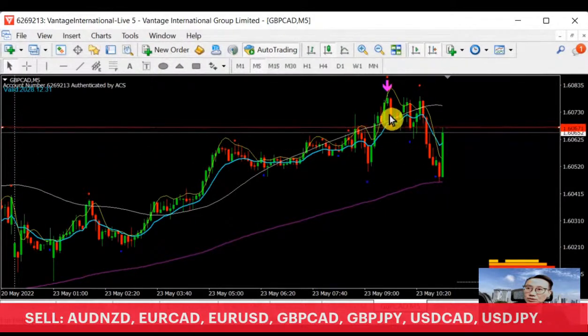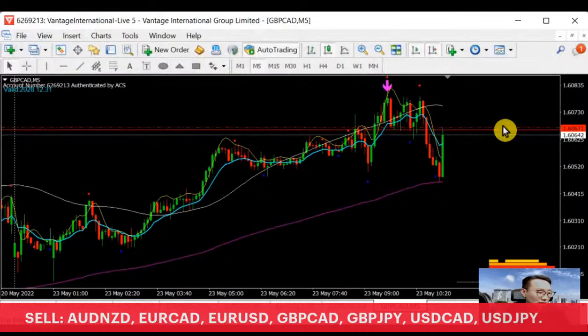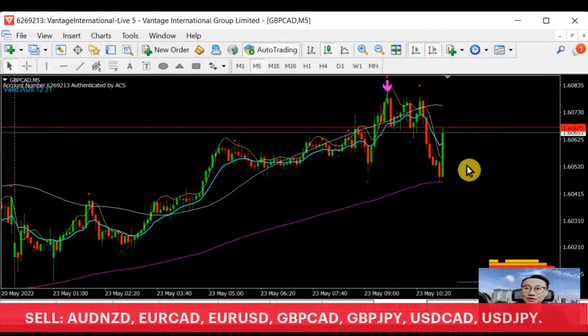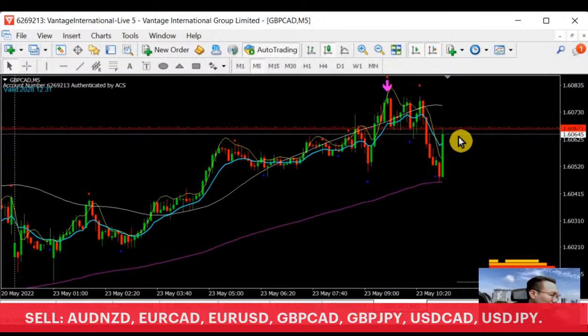Can you see the support? Tested, broke, which will become a resistance. So it's a matter of whether it will break the resistance. If it doesn't break the resistance and it forms a new selling candle, then I guess this is good to sell. However, looking at this green candle, so high up and so strong, this is not really ideal yet. So this may need another 10 minutes to go. The fastest will be 10 minutes before we actually get a chance.